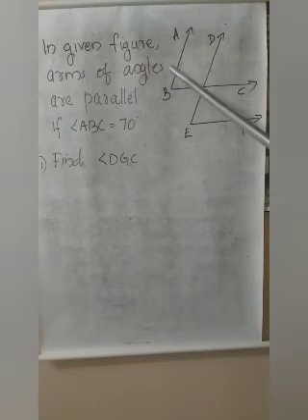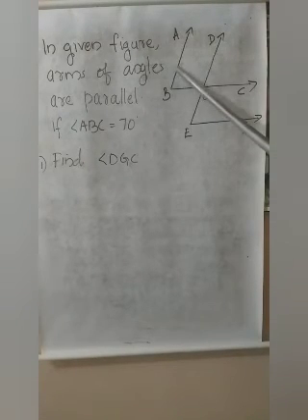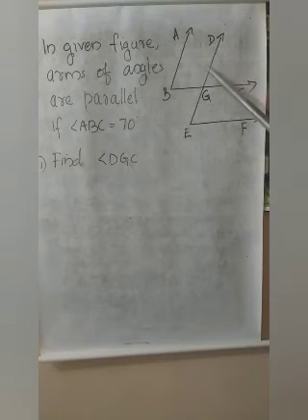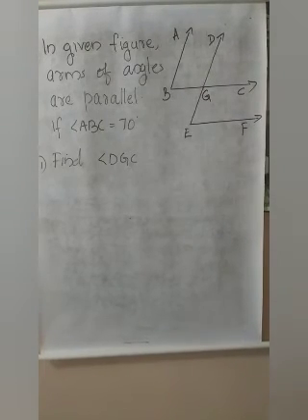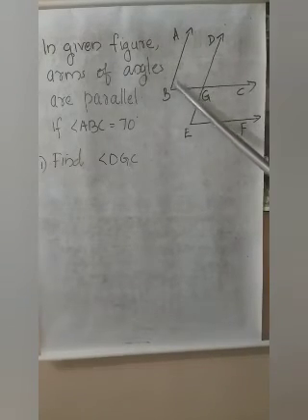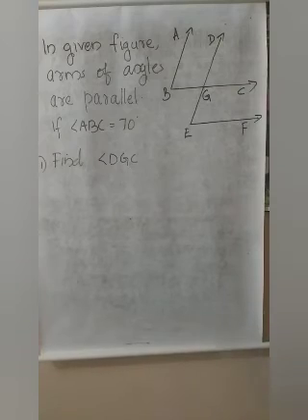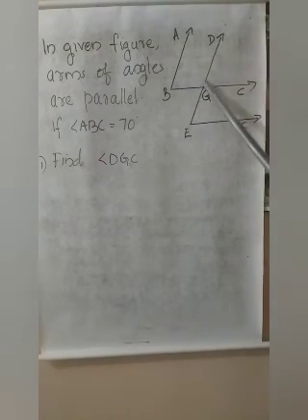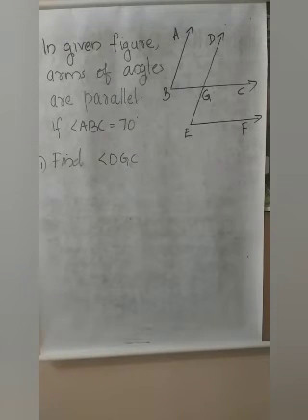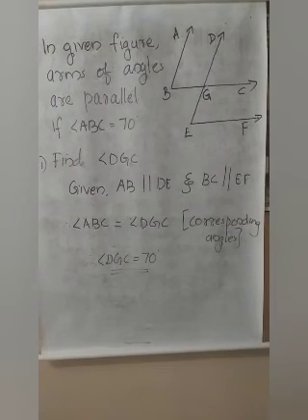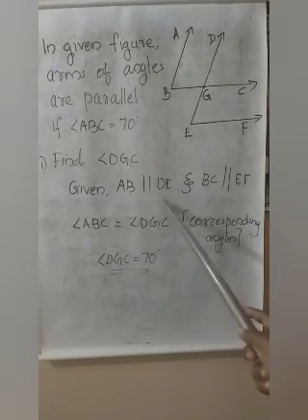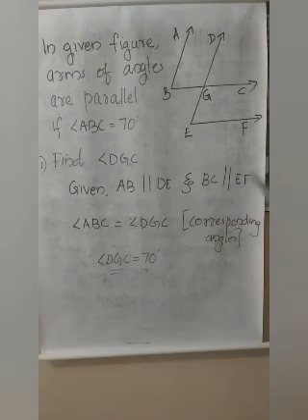So what happens to this angle? ABC means this angle and this angle. What is the relation between these two angles? Yes, they form corresponding angles, isn't it? This position and this position correspond. So ABC and DGC will be equal since they are forming corresponding angles. We are taking corresponding angles because AB is parallel to DE and BC is parallel to EF. This condition is given in the question, that the arms are parallel. So then only we can apply the condition of corresponding angles.